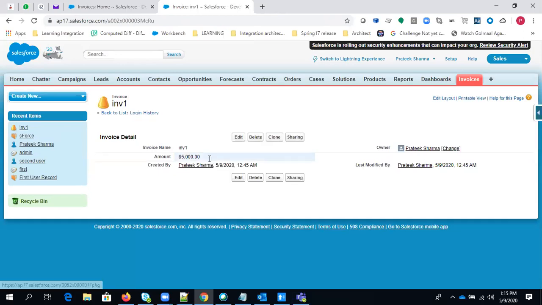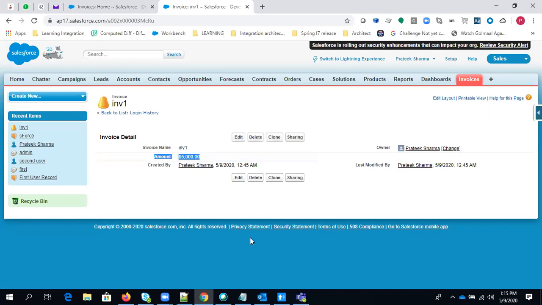So we have created this 5,000, but if you want to track who is editing this particular amount and how many times it was edited, and all the information related to this amount field in a detailed manner, then we need to enable field history tracking for this particular field.